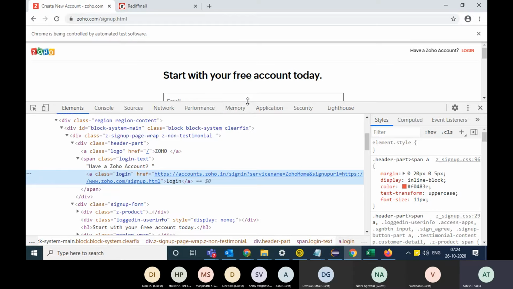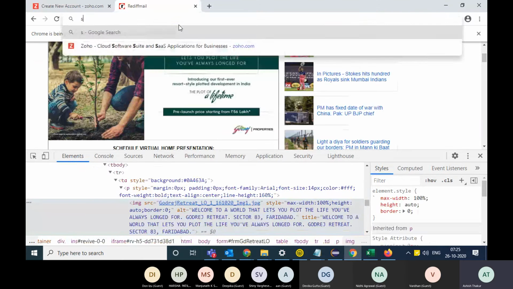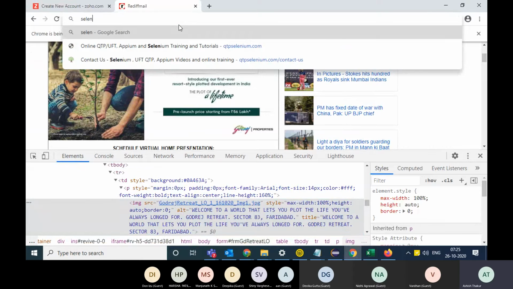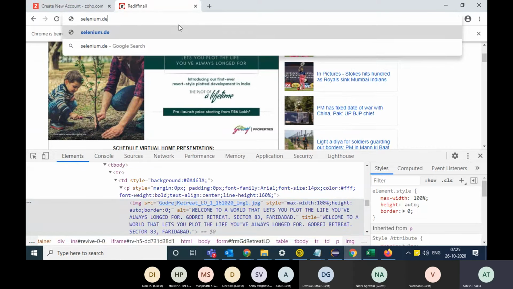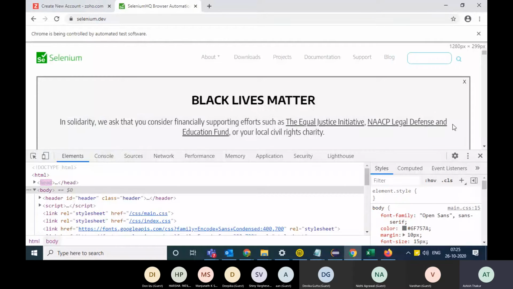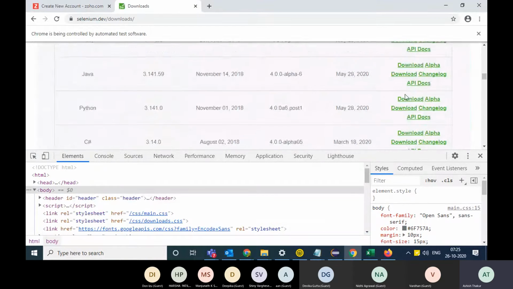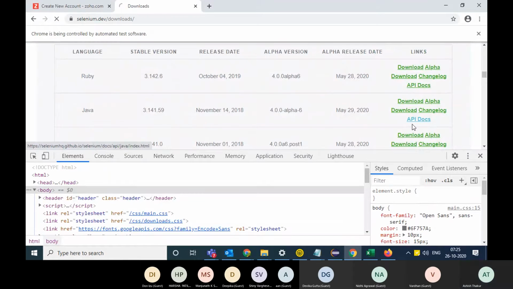Now, how do you write the code? If you go to the official website, which is selenium.dev, go to the download section and go to the API docs for Java.